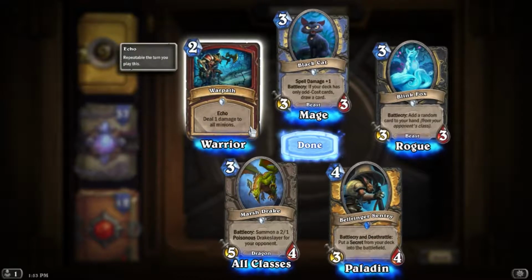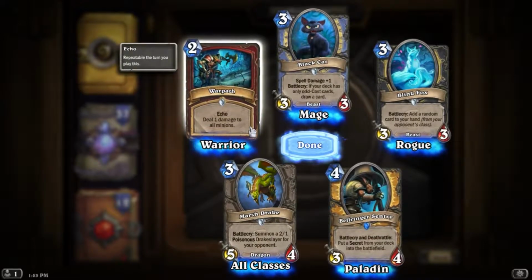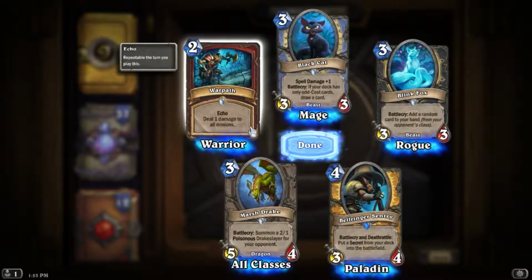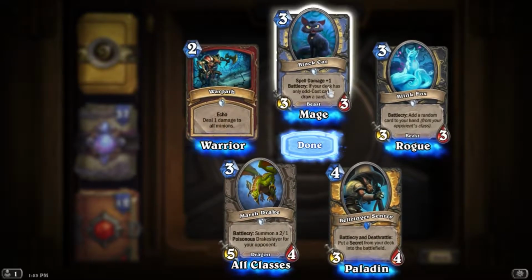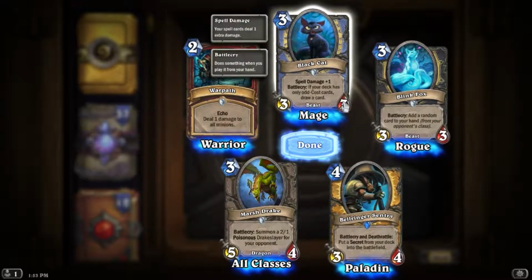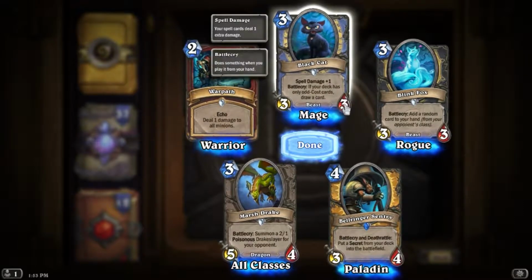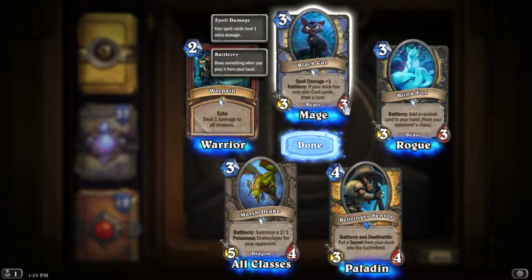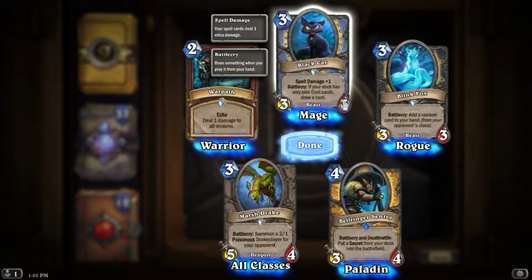Sure. I don't know if they didn't already use Bladestorm for the Death Knight Garrosh or whatever. This kind of sounds more like a Bladestorm-ish kind of card to me. But Black Cat, 3 mana, 3/3, spell damage +1, Battlecry: if your deck has only odd cost cards, draw a card. Oh yeah, I forgot they're also doing this kind of even odd thing